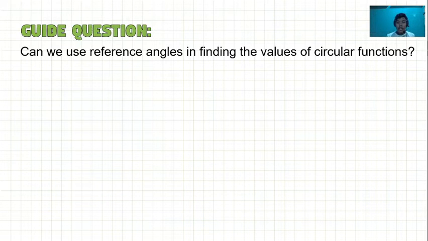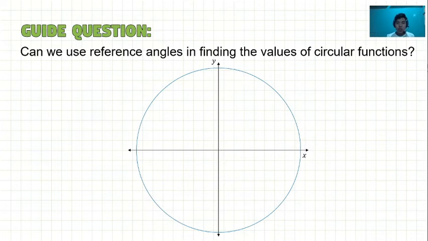So let us consider now the angle 30 degrees. Suppose we have this unit circle here. So 30 degrees is somewhere here. For you to have the values of the circular functions, take note, we need to know the coordinates of the point on the terminal side of this angle 30 degrees on the unit circle. So we need to know the coordinates of this point here. So this is 30 degrees, right? Now, if that is 30 degrees, suppose I project that point to my x-axis here,